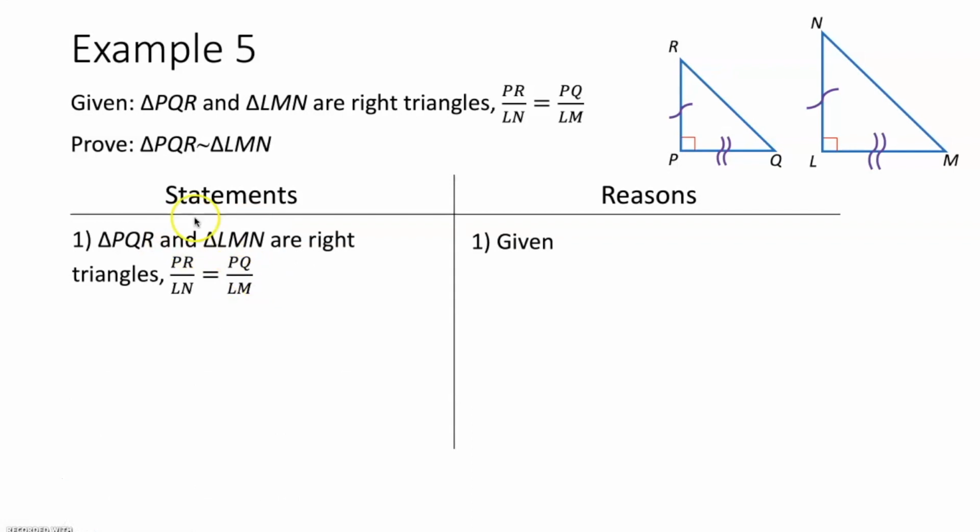Step 3 in a geometric proof is to come up with a game plan. How are we going to get from what we're given to what we're trying to prove? Well, this is actually pretty easy. To prove two triangles are similar, we're either going to use the angle-angle similarity postulate, the side-angle-side similarity theorem, or